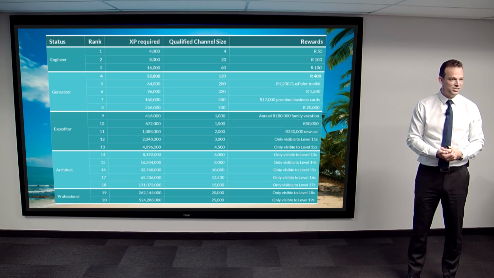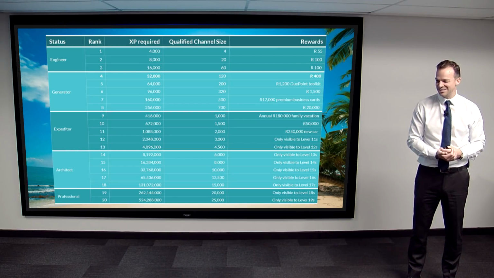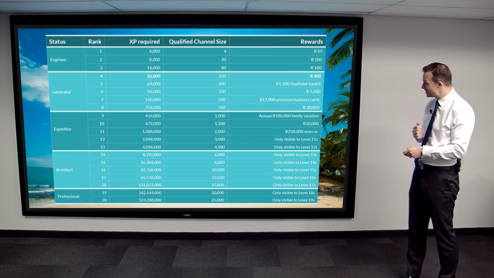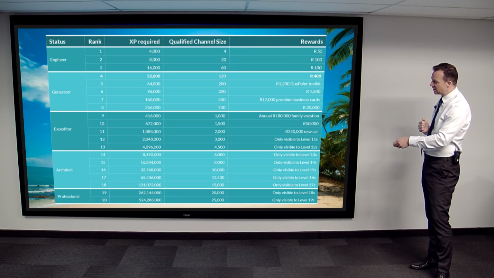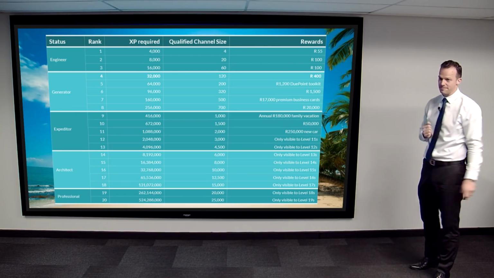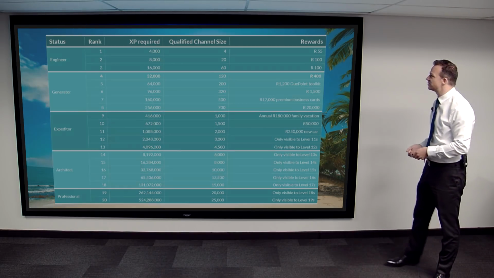One of the wealth engineers was saying to me, please tell me there's an S-Class Mercedes somewhere here. I said, well, maybe there is an S-Class Mercedes somewhere. We're not revealing it, right? You've got to get to the ranks. So you'll see here, we don't reveal some of these ranks. They're only visible to the guys that get to the rank below. Then we reveal it to you in your app. It tells you what the next rank is that you're going to work towards.